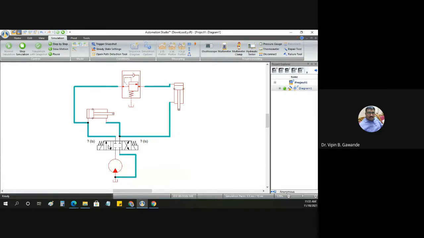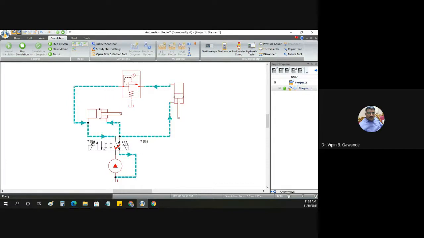Now we'll take the first position. Now you see this first cylinder is going, and then the second cylinder is going. Now we'll take the next position. When we have changed the position, during the retraction both cylinders are coming back at the same time. That is not the problem. We want that in the first position this cylinder will operate first, and then this cylinder will operate. You concentrate on this arrow. See, this arrow is not there. Now it comes at the bottom, at the center, and now this cylinder is operating.